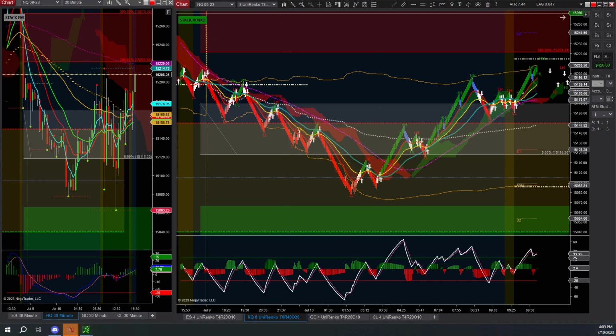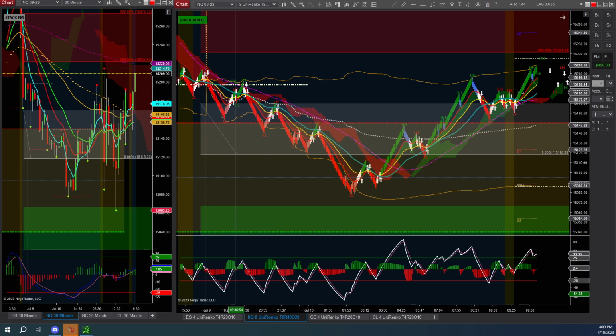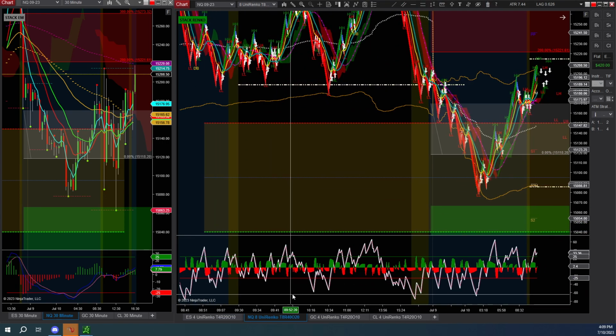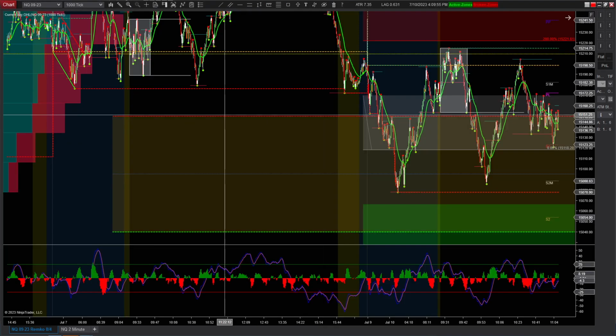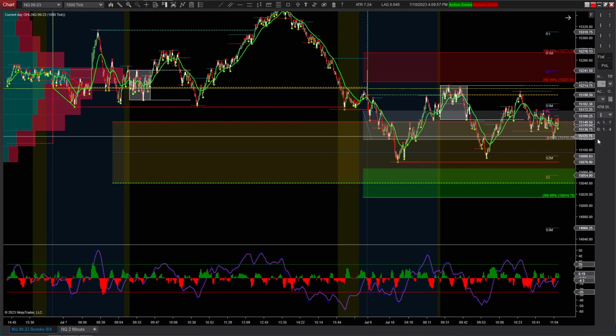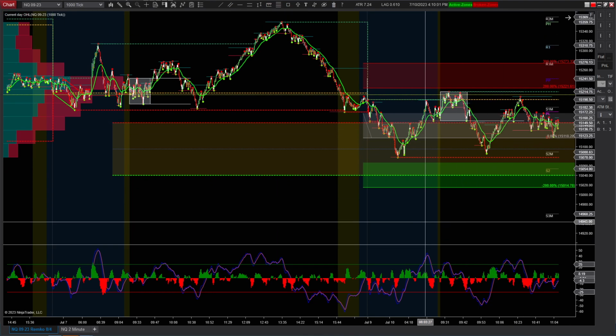So let me see. I'm going to be more generous with you and see if I can find on NQ why I chose this one. Okay, so let me see. Okay, I'm going to share with you this chart right here. This one is a tick chart for 1,000 in NQ, right? So you see that in here,